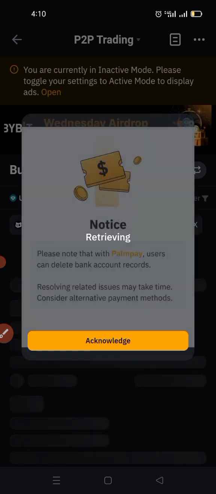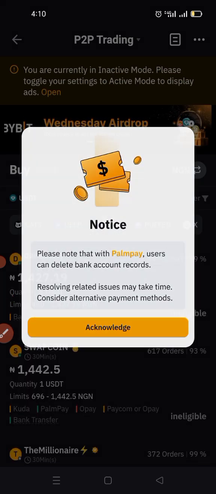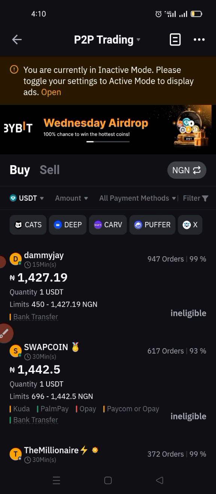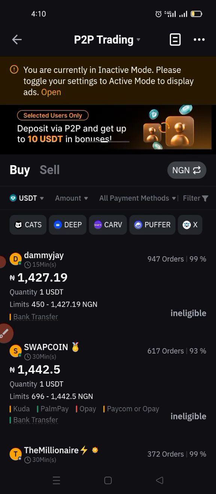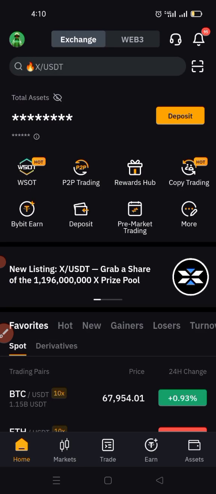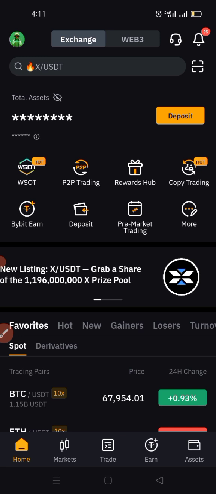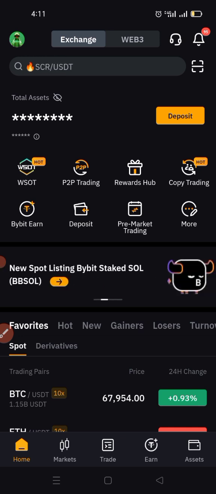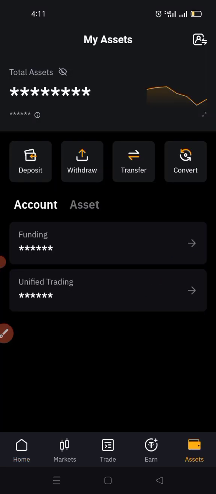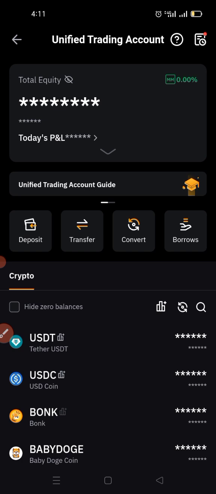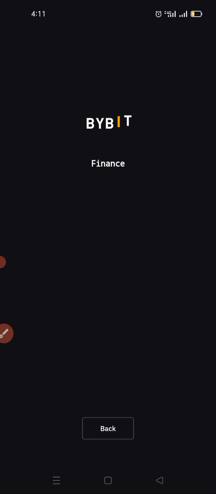Or if you don't want to use peer-to-peer, if in your location you have something we call escrow group, you can go ahead and sell it there. I don't know if you get me. So it is very, very simple to get it done. You can sell it using the peer-to-peer section, or you use your escrow group, or maybe you are sending the USDT to somebody. You can as well make use of, let me say, now you have the USDT, you click on USDT,